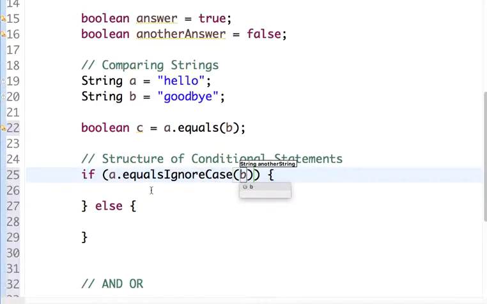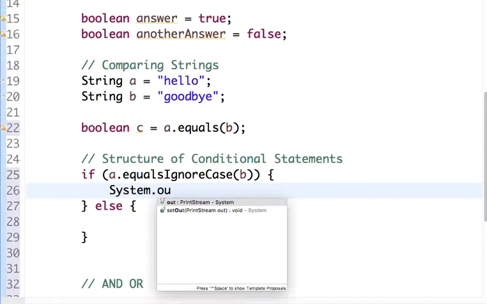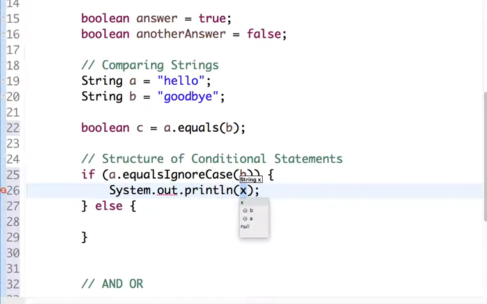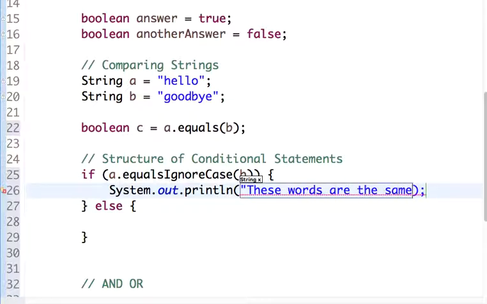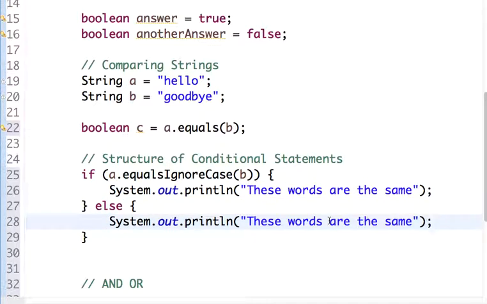So this will resolve to false, and we can say system.out.println, these words are the same. Because if it's true, it's going to come here. And if it's false, it's going to go into the else. So I'm going to just copy and paste me. These words are not